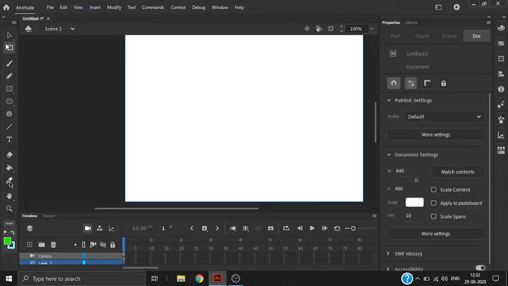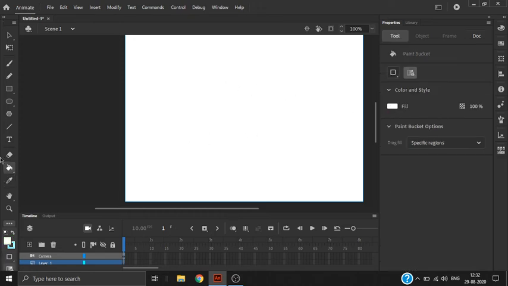And the next tool is the eyedropper tool. So what does the eyedropper tool do? Let's say you draw one flower, and on the petals, if you want to put the same color in the other petals also, you have to click on the eyedropper tool and click on that color.